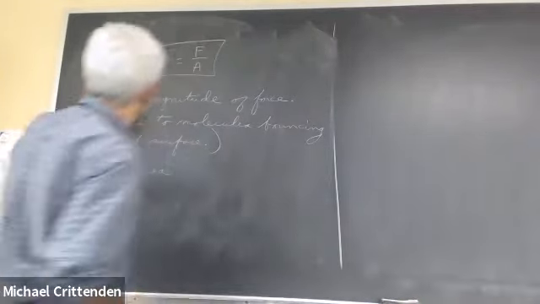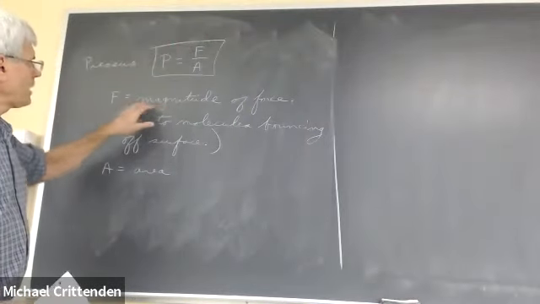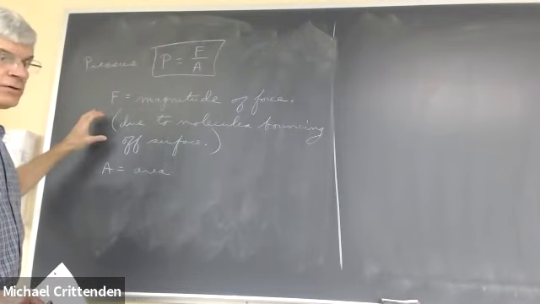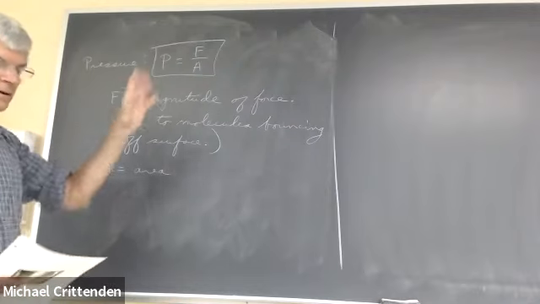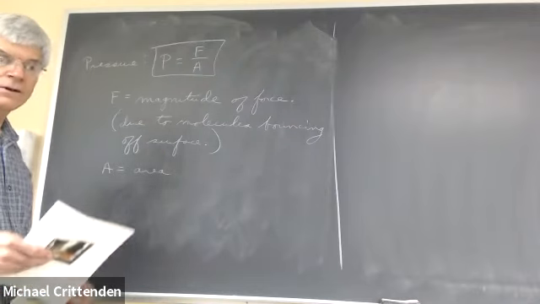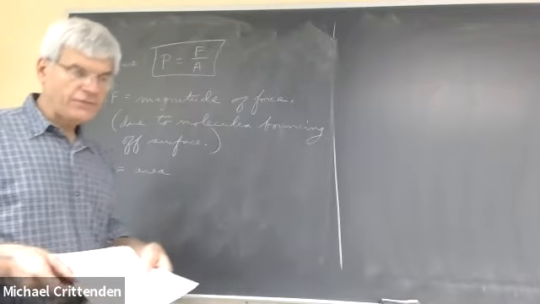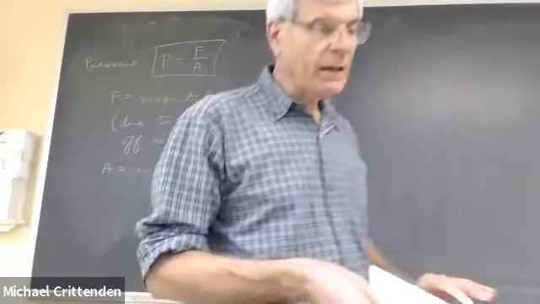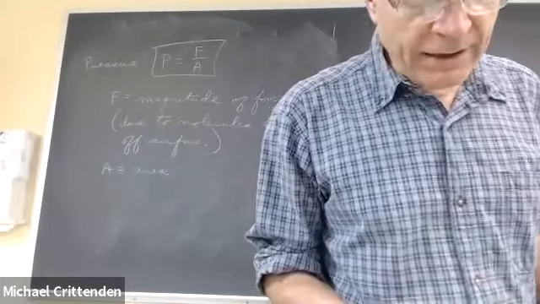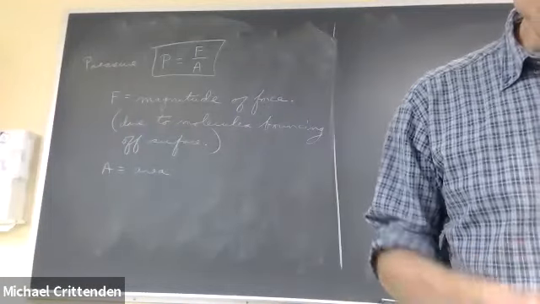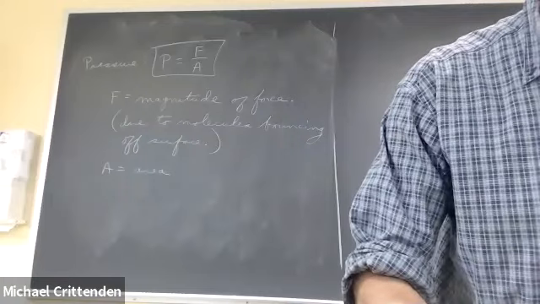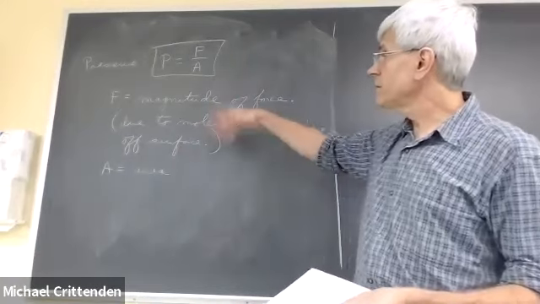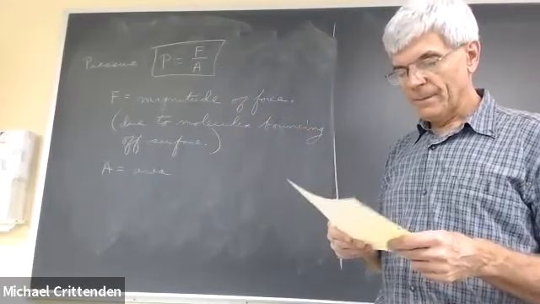Pressure is force per unit area. F is the magnitude of the force, because pressure is a scalar; it has no direction. The source of that force is the fact that the gas molecules are constantly moving all around, and therefore any surface like this one is constantly bombarded by molecules bouncing off of it. Those impacts create the force responsible for gas pressure. So if anything got lost there, hopefully that covers it. And A is the area over which the force is distributed.